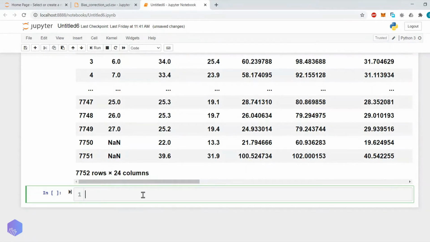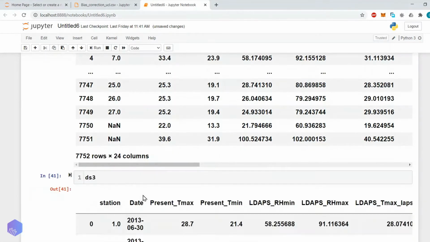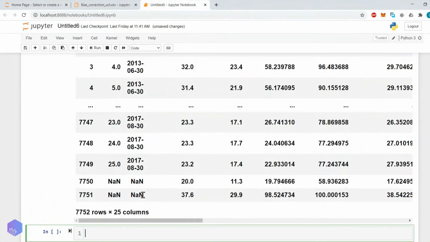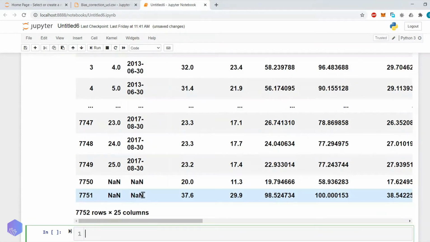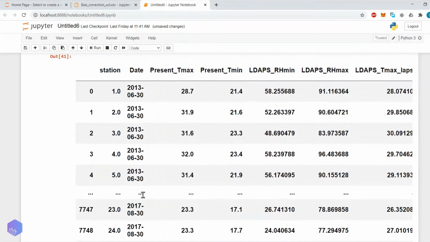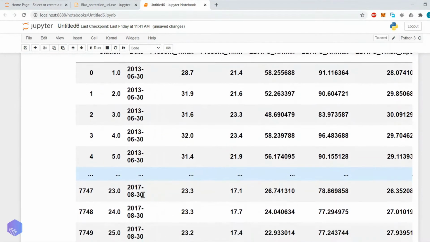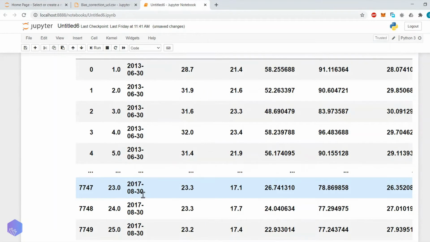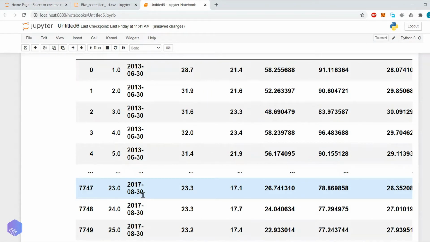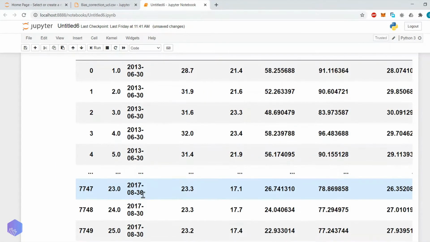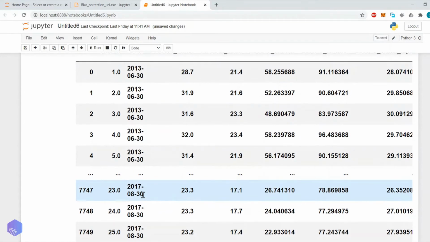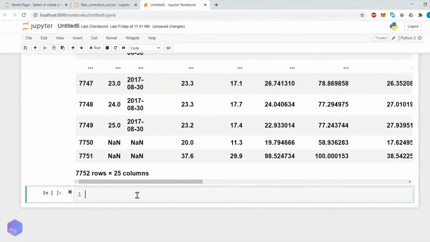Now let's move forward. Let's say you want to perform some column-wise or row-wise operation. Say I want to perform row-wise addition for all numeric values. How can it be done?